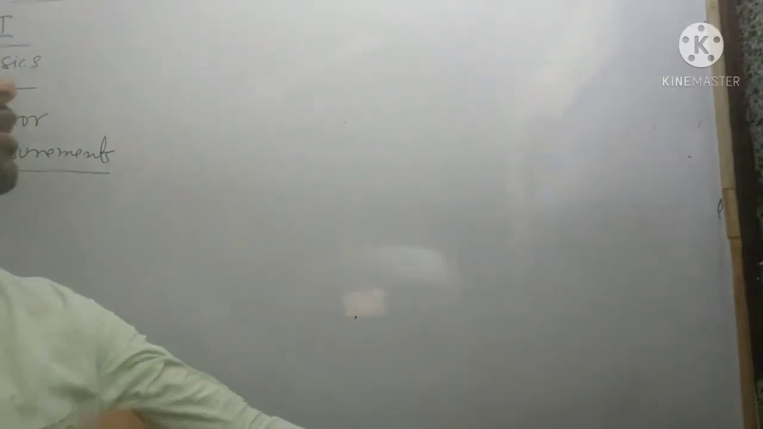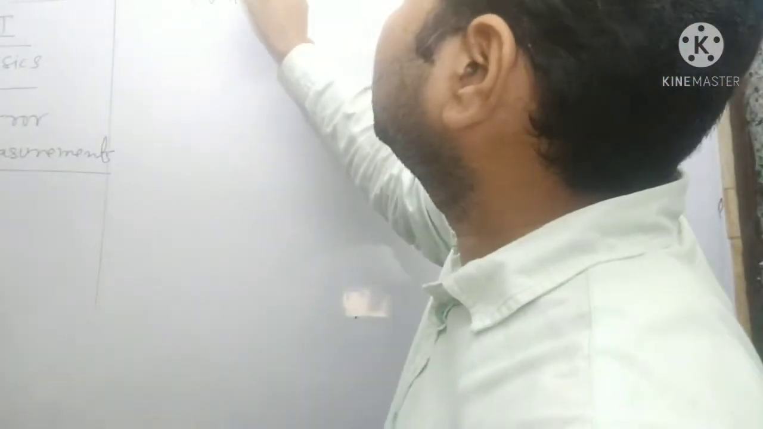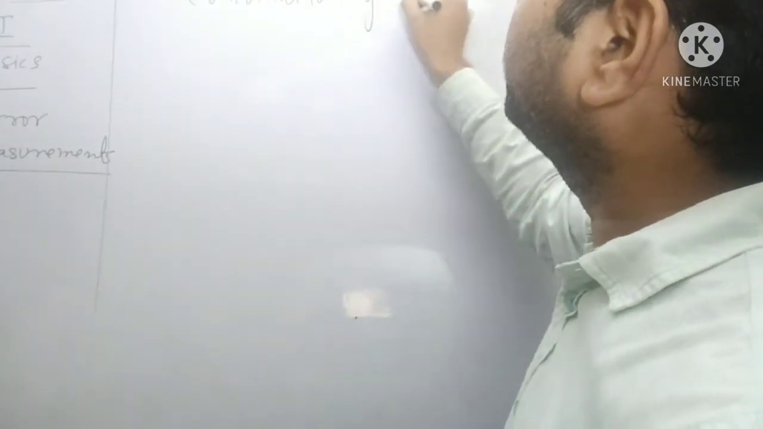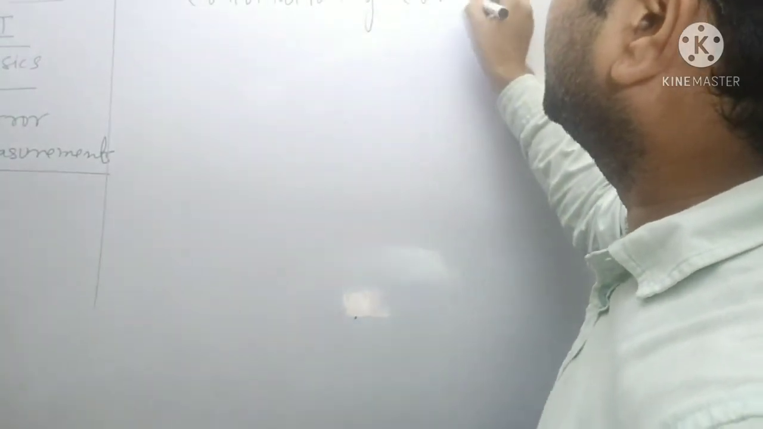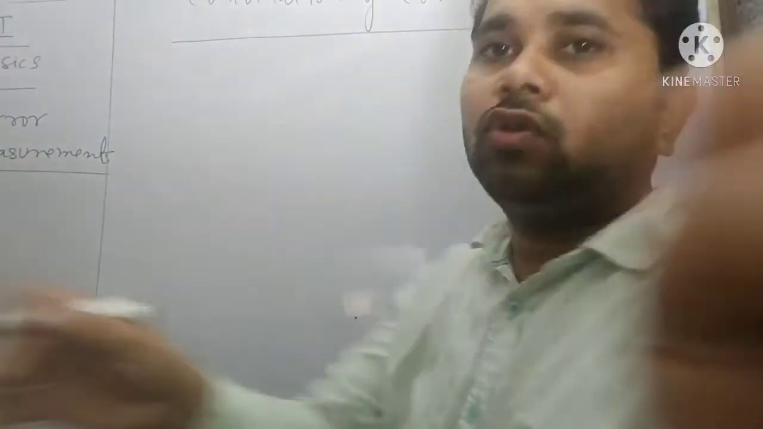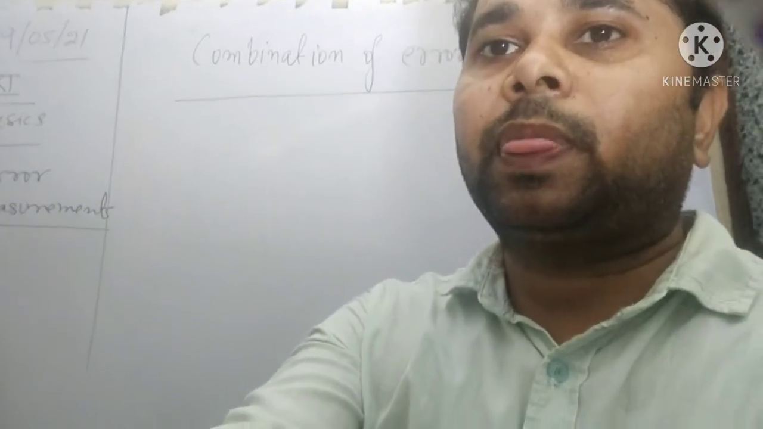So these are the types of error which we have to face during the numerical problem. Okay, now see, next topic, that is the combination of errors. Combination of errors का मतलब हो गया,